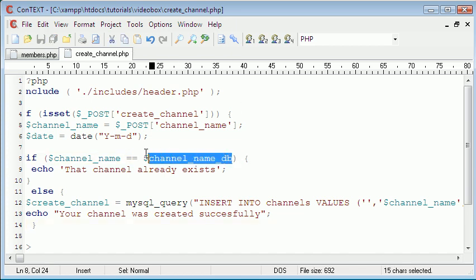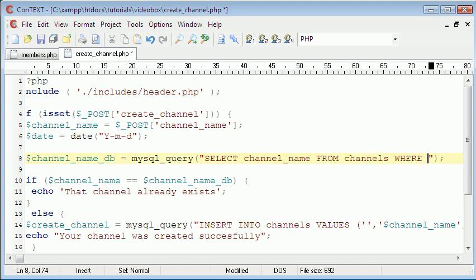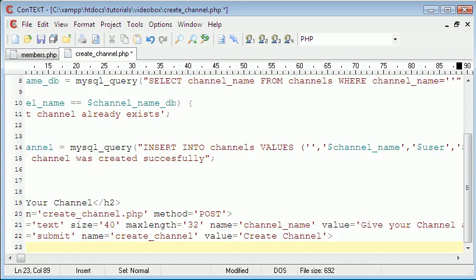And now we need to make the channel name db variable. So we're going to create that now. So channel name db equals MySQL query, and we're just going to say select channel name from channels where channel name equals